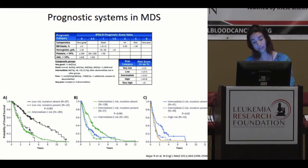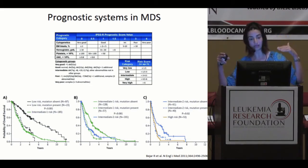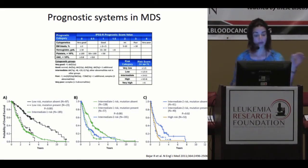But for the patient that walks into our clinic, what do we tell them about their prognosis in MDS? At this point in time, the most well-validated clinical tool remains the International Prognostic Scoring System, which was revised, and this is the revised version of it, but it still is really weighted based on the blood counts. How low is the hemoglobin, how low are the platelets, and how low are the neutrophils? The percentage of bone marrow blasts being those immature cells stuck in developmental arrest, and the chromosomal makeup. So the pathologist looks at the cells under the microscope and looks at gross changes in chromosomes, missing pieces, movement of pieces of chromosomes,